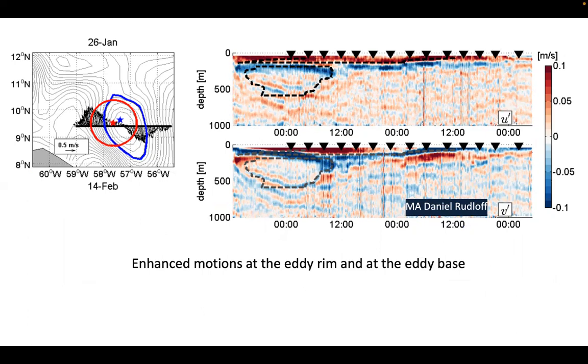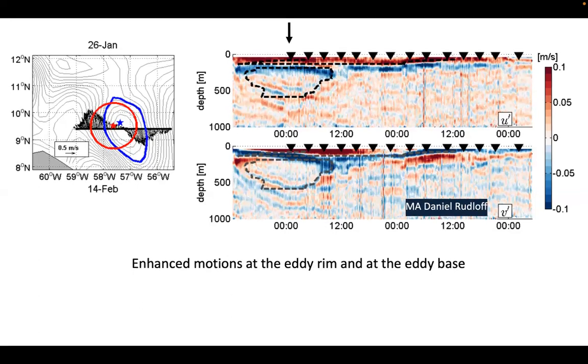And on the right, you see the filtered ADCP data, U bar and V bar. It's not the same section, it's a bit longer. So on the left, you see the eddy indicated by this dashed line, and you can already see that there are some submesoscale motions at the eddy rim and also beneath the eddy. So here and somehow here. And these black triangles show where CTD stations were. At that time, the ship was at the same position for, I don't know, 2.5 hours doing the station. And so we took the data of the first CTD station and